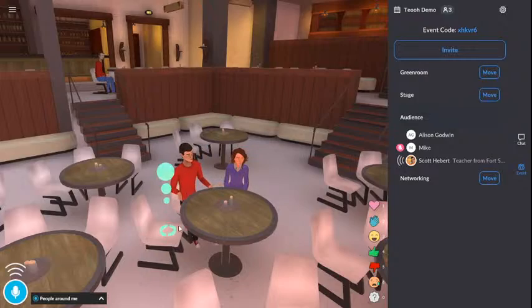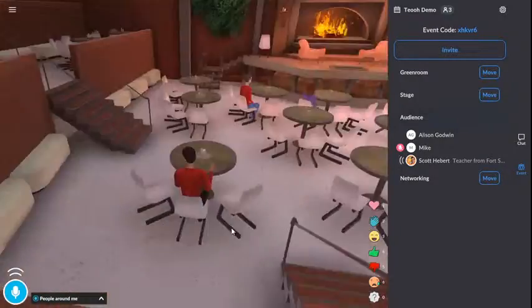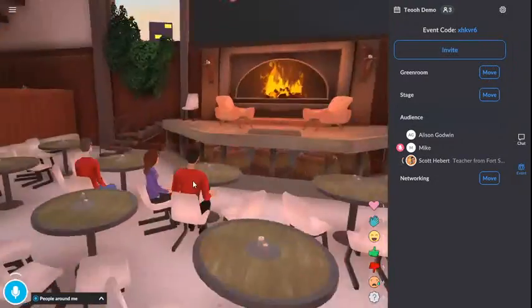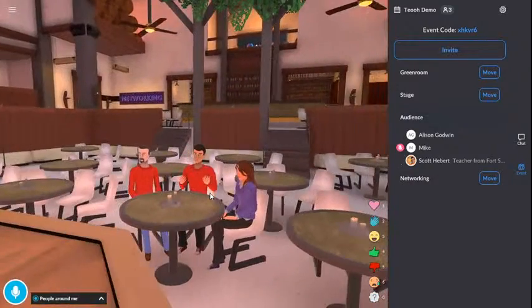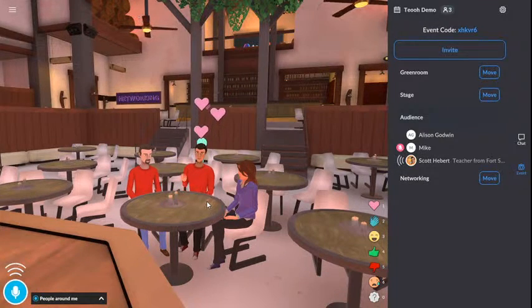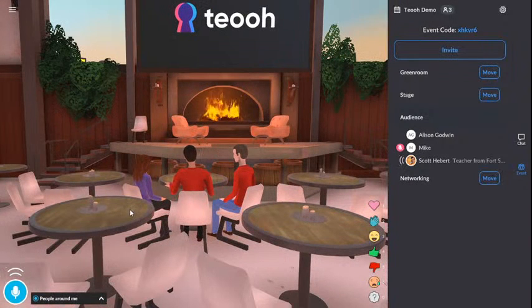So, if I was sitting over here, I wouldn't be in a position where I would want people to be listening to me scream across the room. So I can go over here and I can chat just to the people in my proximity, which I think is a pretty neat feature. It's actually well thought out. So I can drop some hearts and be appreciative of you guys being there because it's so great, which I think is, again, pretty cool considering that this is free and we have this up and running in literally a matter of seconds.